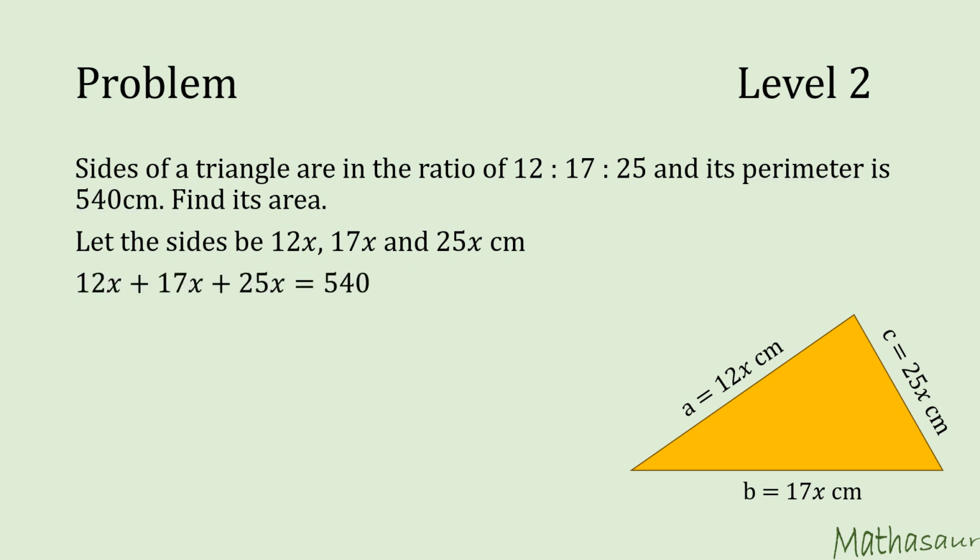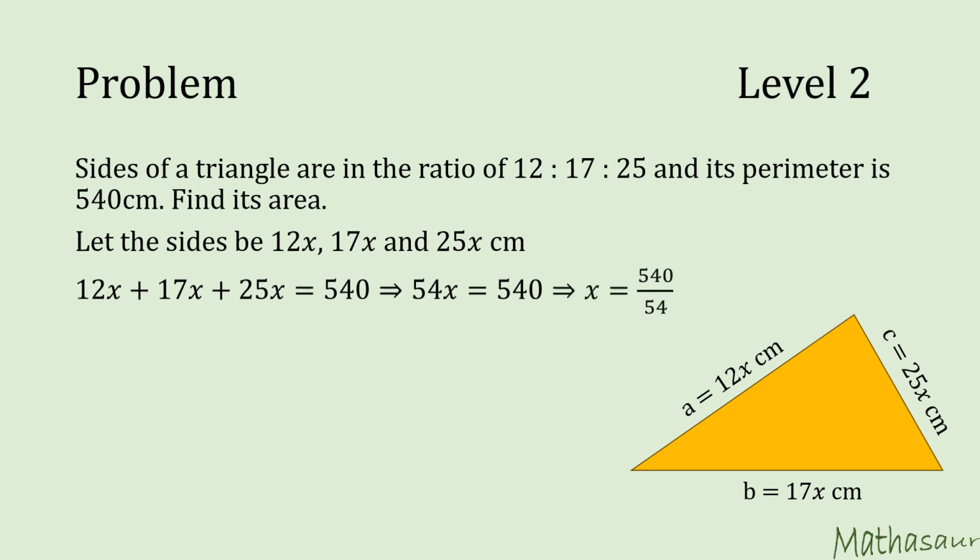So let us add 12x, 17x and 25x and put that equal to 540 and solve for x. We get x as 10. So we can find the values of A, B and C. Now that we know A, B and C, we can find S, which is A plus B plus C by 2,